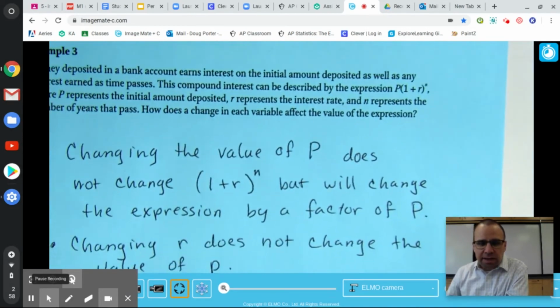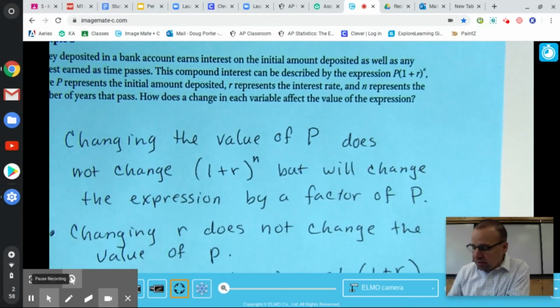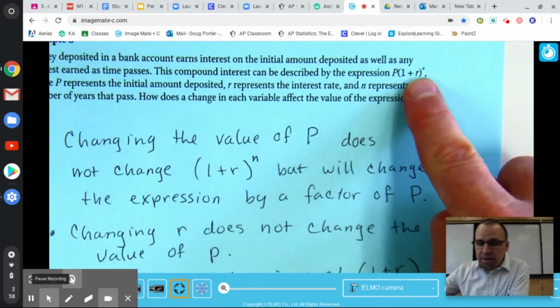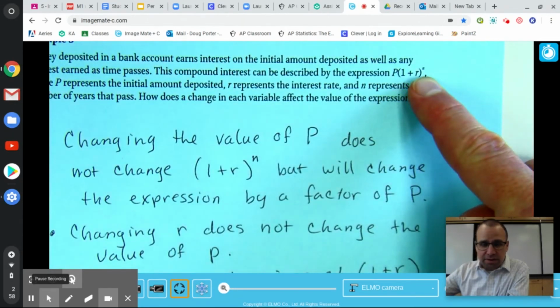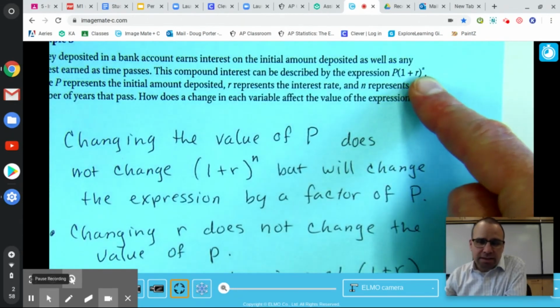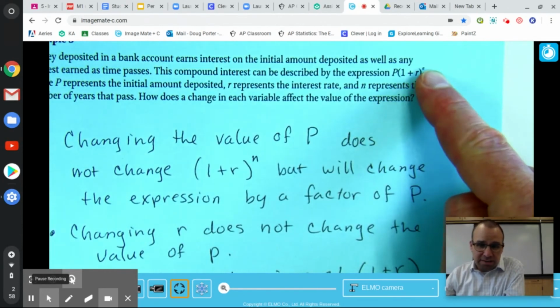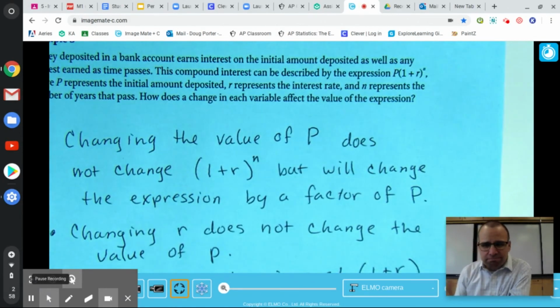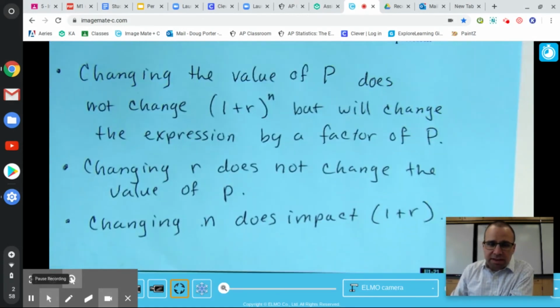Okay, changing r doesn't change the value of p. r is that number on the inside of the parentheses, as you can see there. That's the rate. That's going to be the base that's being raised to the n power, but the rate really doesn't affect how much money you put into your bank in the first place, but it will, again, affect the overall expression. And then finally, changing n does not impact